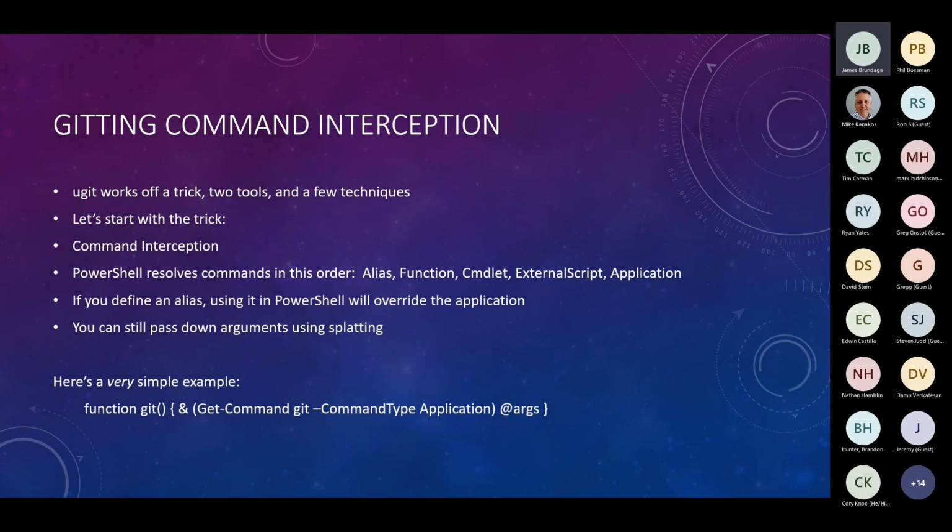And to give you a really simple example of where this can get really messy really easily, even though it's a trade-off that I decided to eventually take here, is when you add commandlet binding. When you add commandlet binding, you get error action and error variable. Great, right? Well, you also get verbose and debug. And PowerShell will interpret git -v as git -verbose, unless you do some extra magic. And while this module does include that extra magic, this is the sort of awkward game you start to play. If they have short parameter names, you can,